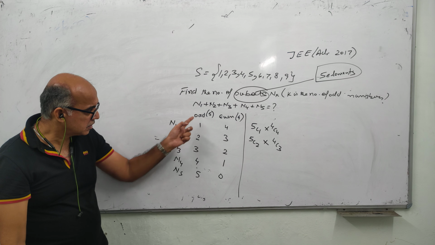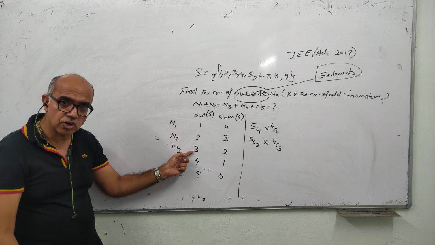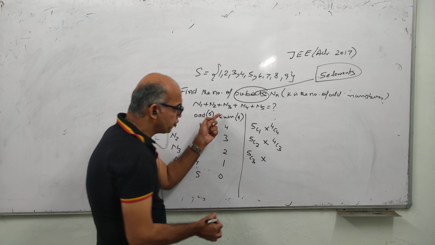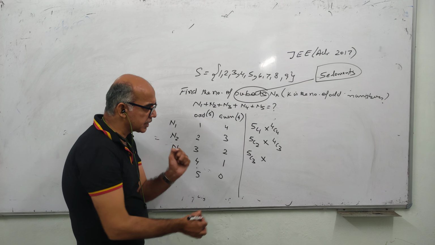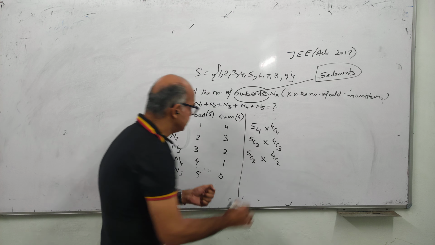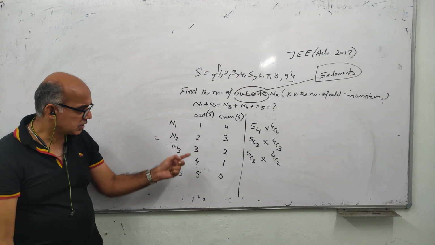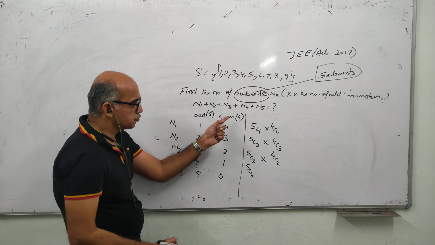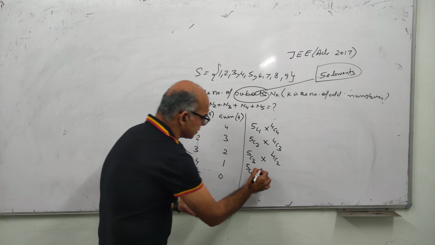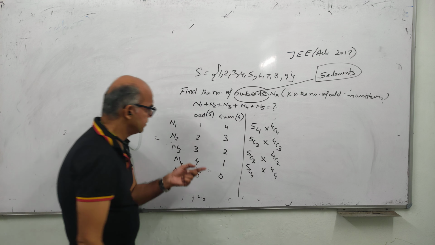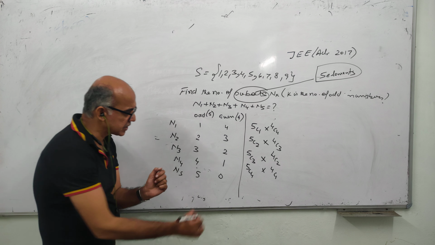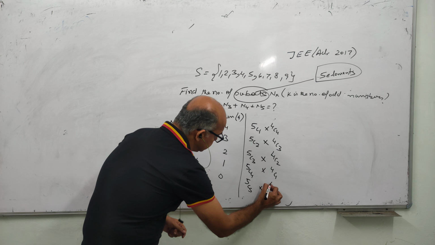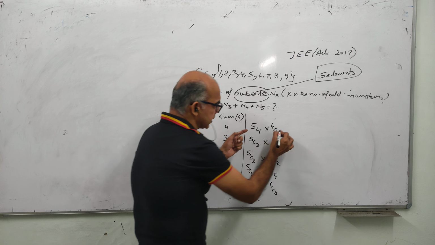Move to the third part. 5 odd, 3 odd need to be selected. It's 5C3. 4 even में से 2 even select करना है. It's 4C2. 5 odd, 4 to be selected. 5C4. 4 even, 1 need to be selected. 4C1. 5 odd, 5 need to be selected. 5C5. And it's 4C0. Now just calculate it.